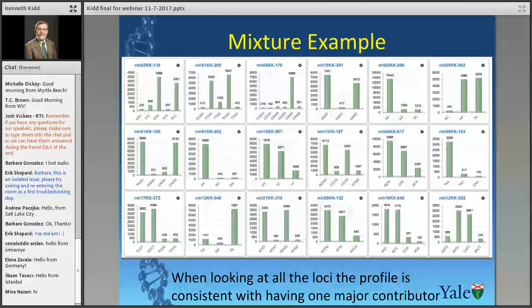And here's an example of 36 of those microhaplotypes